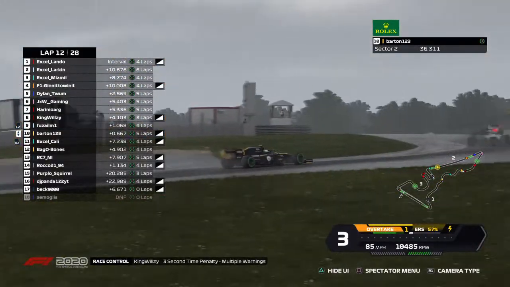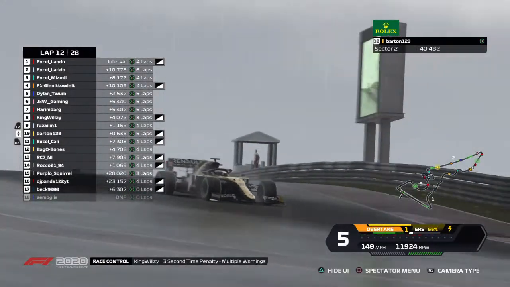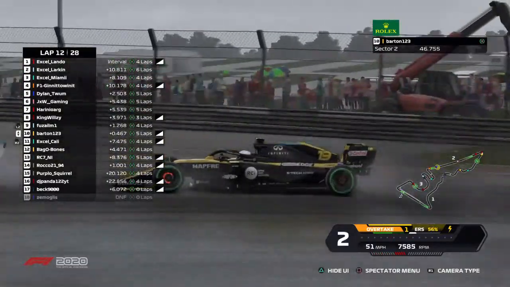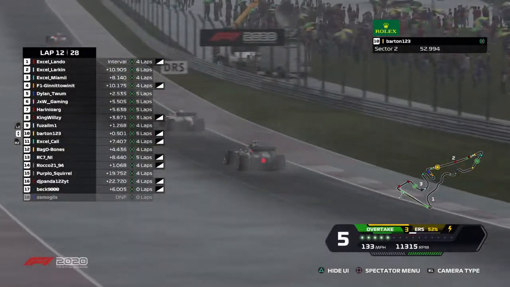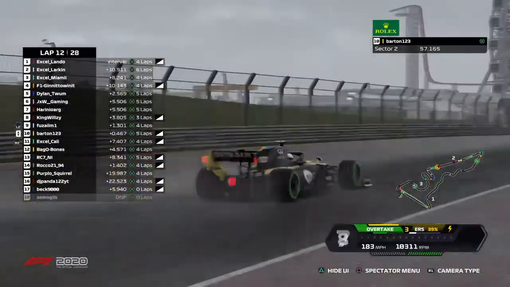I'm not exactly sure what I just saw, but I thought I saw a puncture in the rear left of that Renault, but I don't think he did considering how fast he is going. King Willsey picks up a time penalty in P number 8, just in front of Fuselem. But yeah, Fuselem is really closing down the gap to the Alfa Romeo in front of him. King Willsey was struggling earlier on in this race, but right now he's going to be struggling even more as